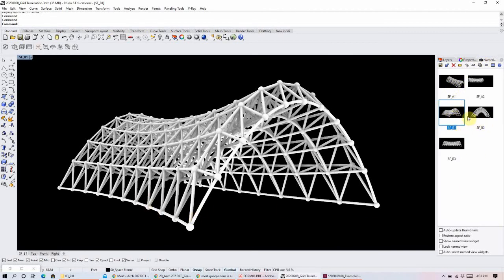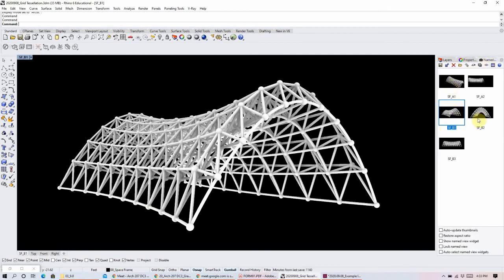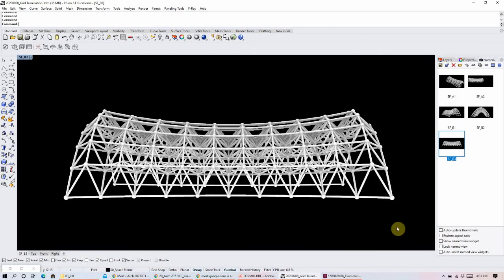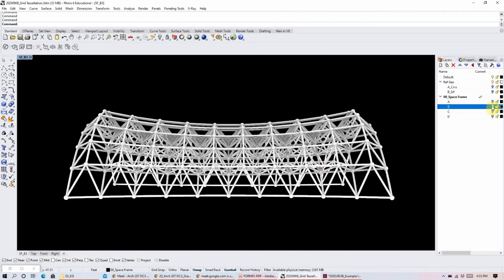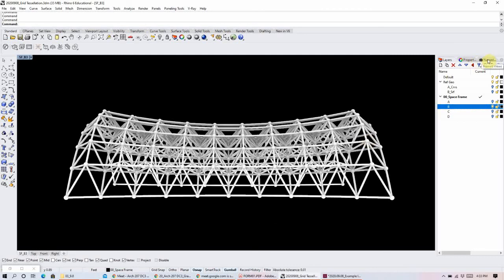Okay, so what I had was my layer set up, so I had B set up with a named view called B1, B2, and B3. And each one of those was a preset view that I could then just replace that geometry ideally. And as I model it and as I iterate it, I can turn off that layer. So I could turn off B and turn on C or something if it's in the same spot,